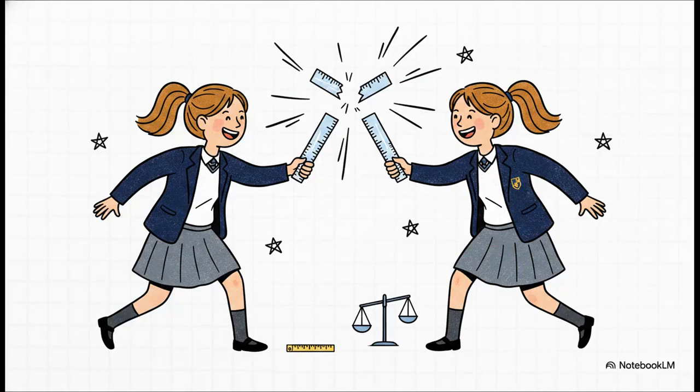However, age does actually shift the baseline. Take the incredibly tragic 1998 Mullin case. 2 15-year-old girls were messing around, play fighting with plastic rulers. One snapped, and a piece of plastic blinded one of the girls. The court had to step back and say, wait, we can't judge her as a reasonable adult. We have to judge her as a reasonable 15-year-old schoolgirl. Because your average teenager just isn't going to foresee that kind of extreme danger from a flimsy plastic ruler. The court ruled there was no breach of duty.